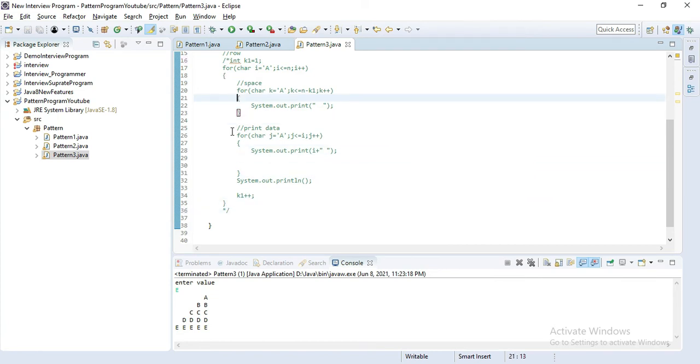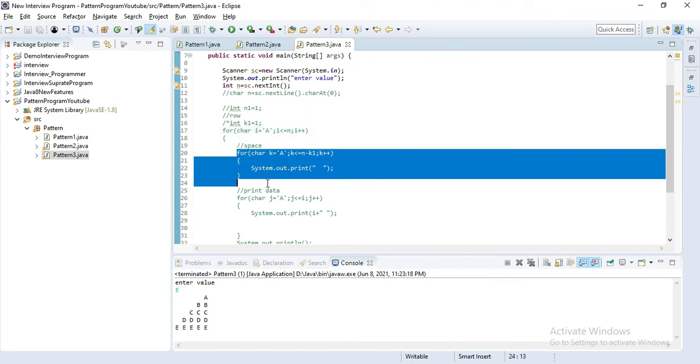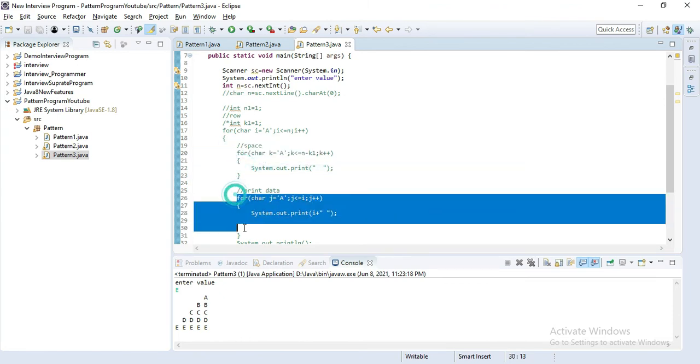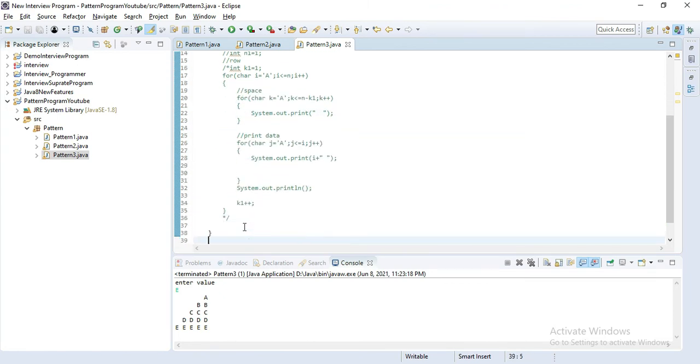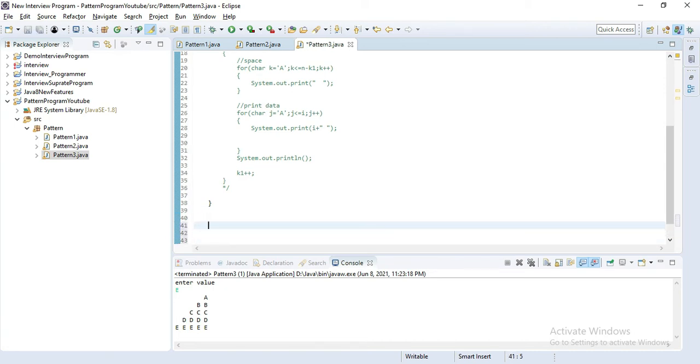Save this. Now you can see we use 3 for loops: the first for the row and 2 for the columns. The first inner one is for space and the second is for printing data, like printing stars. Let's convert those for loops into methods. For that we have to create 3 methods, and I'll create them one by one.